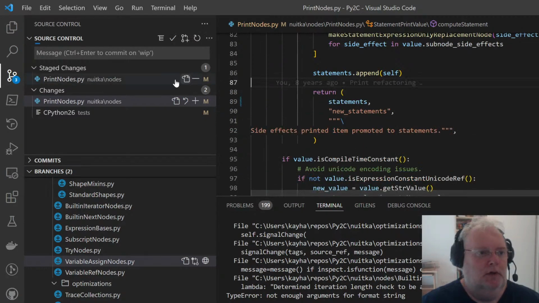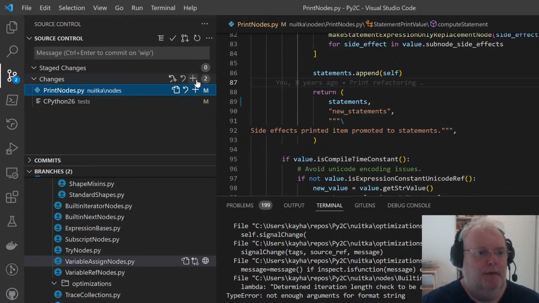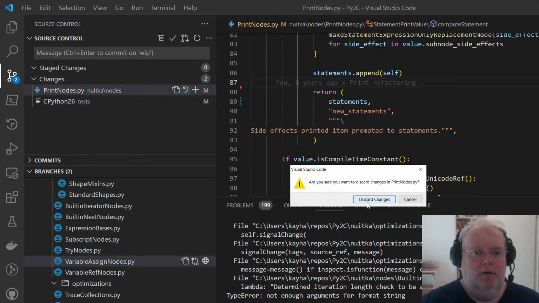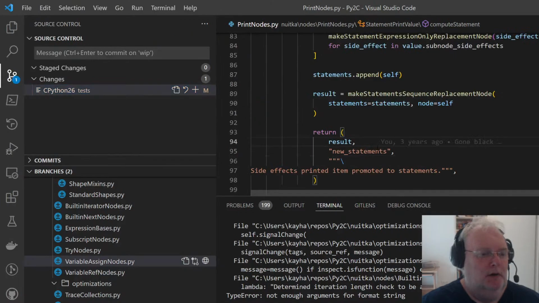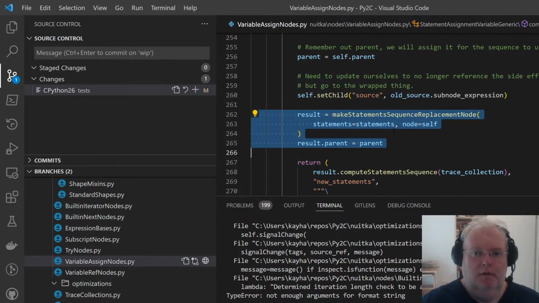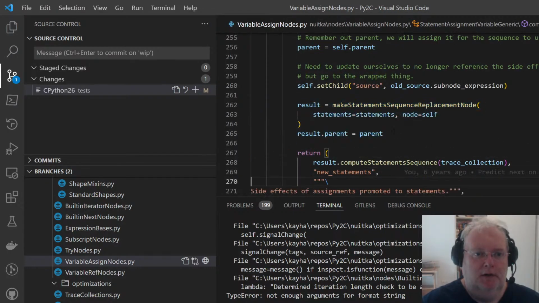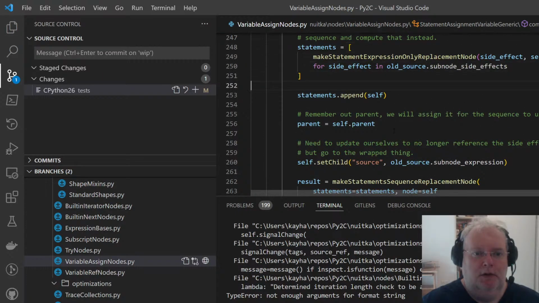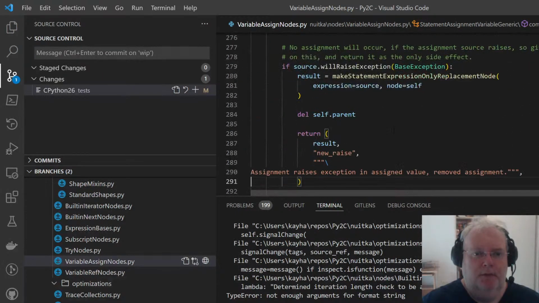Oh, wait. That was a bad idea. Okay, happens. So, okay, I cannot make this any less complex. So side effects, variable assign nodes. Yeah, okay.